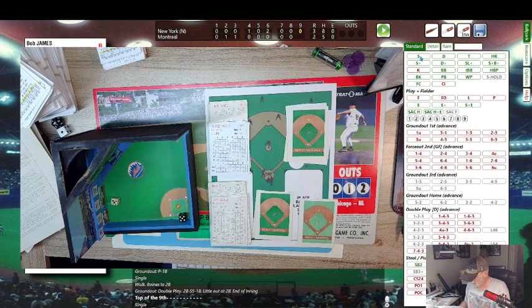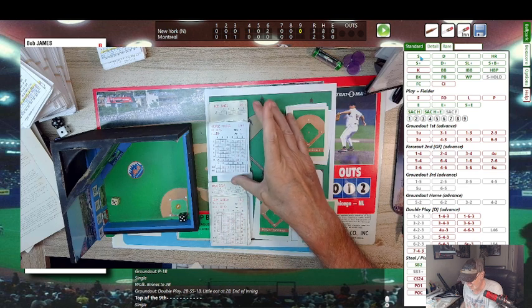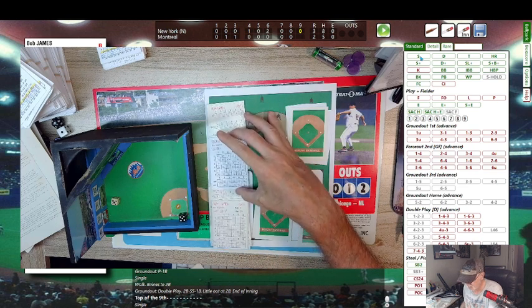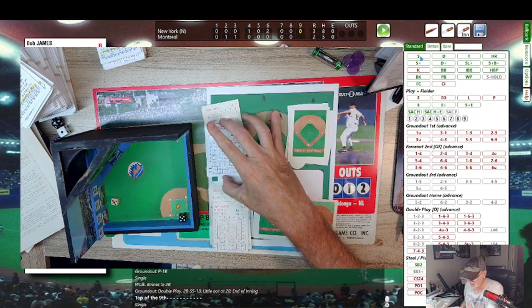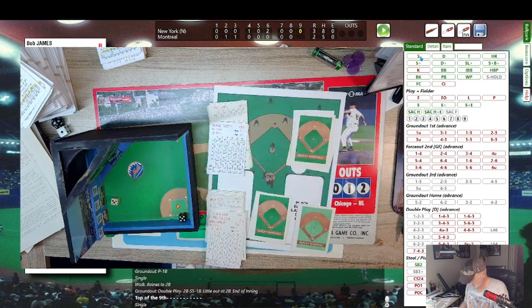And then because he does have a plus number, there's also a potential error on the pitcher, on this small error number. Let's see what that looks like. His small error number is a 0, so he makes a lot of errors. So you roll one die against the fielder's small error number. If the die is higher, the batter and runner advance one base. So it's automatic. It's a single and an error by the pitcher.